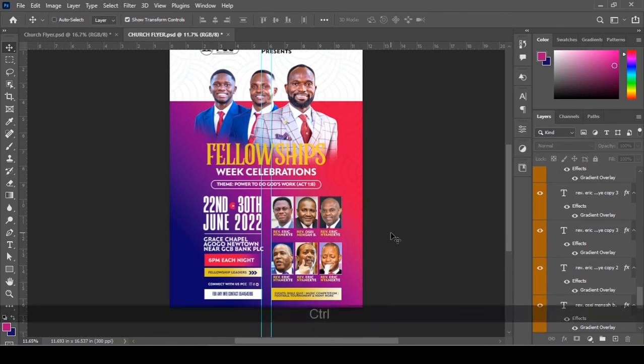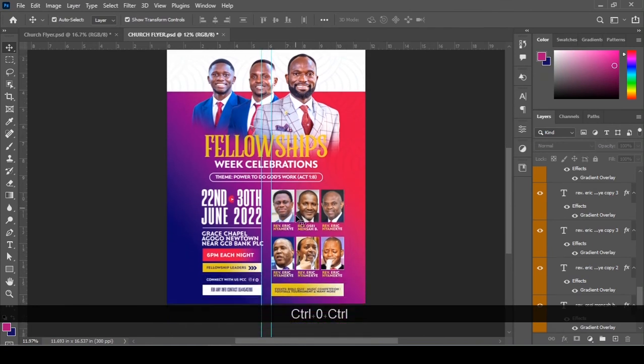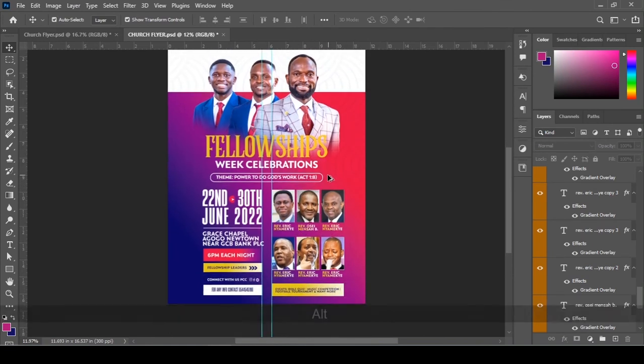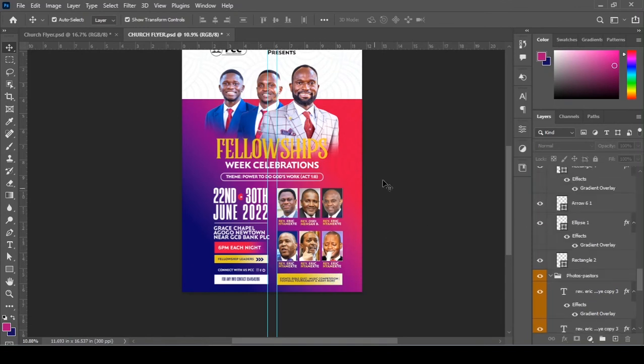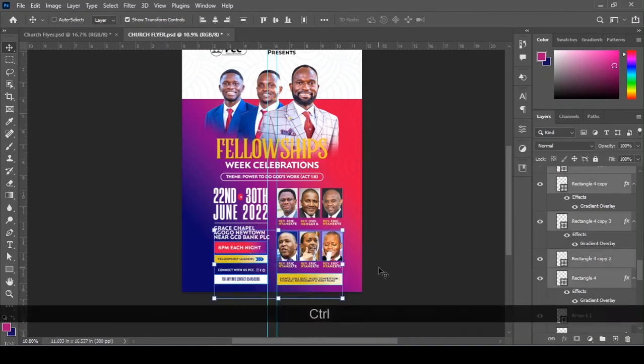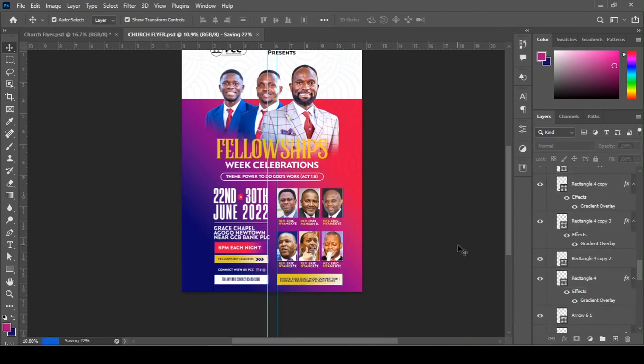Okay guys, so basically this is the final design. So you can see we have one mistake. The mistake is that this one is not aligned. We have a lot of space down here. So what I can do is select all of them. Let me save my work before I do that. So I will select all of them,